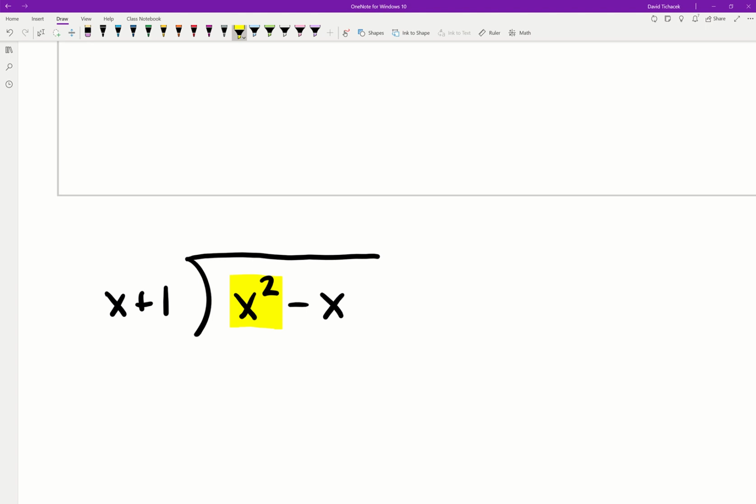We are always going to compare the first term of our dividend by the first term of the divisor, and then divide the two. Okay, so it looks like x squared divided by x would simply be x, and then if I distribute x to both terms there, that's going to give us x squared plus x. And so here, if we go ahead and subtract the two, okay, again, paying very close attention